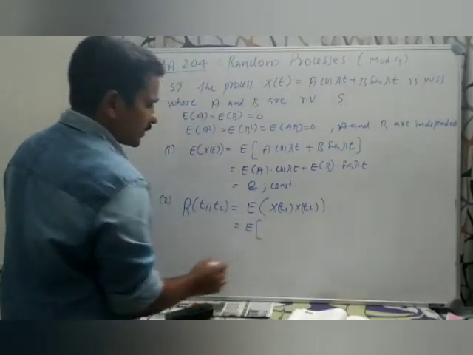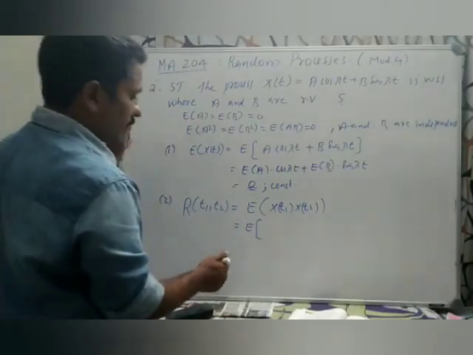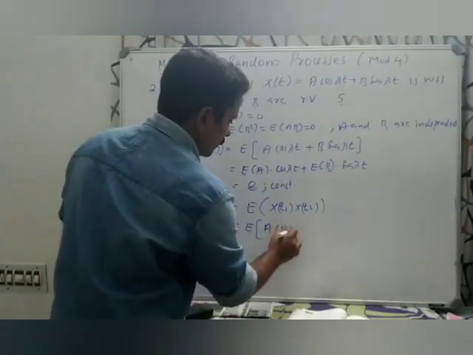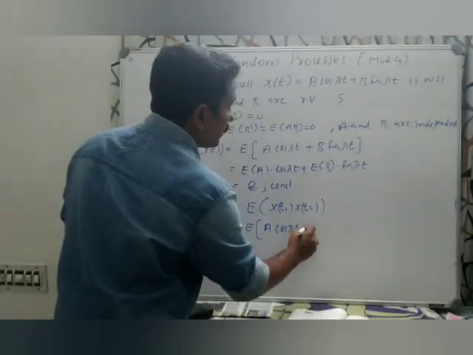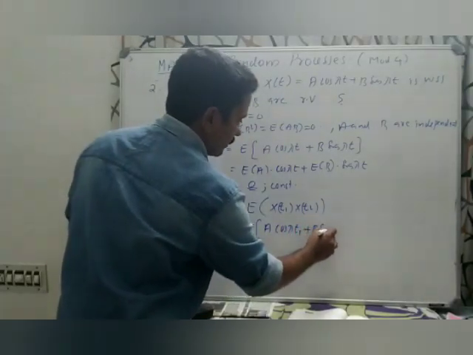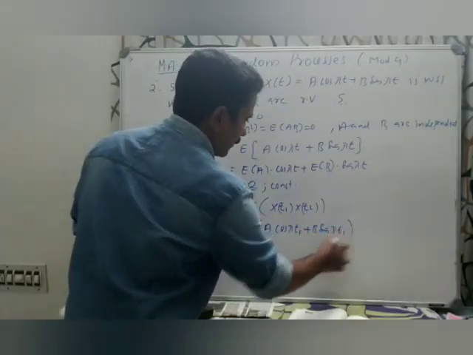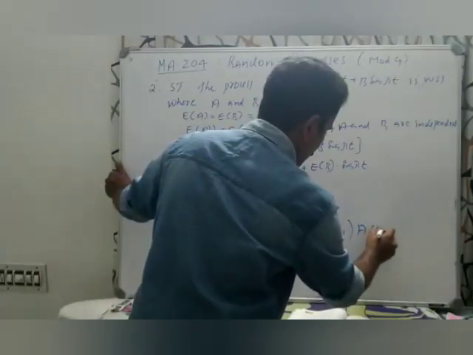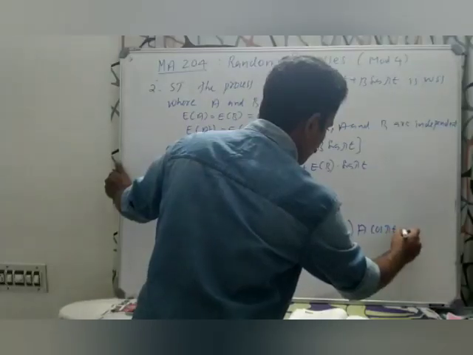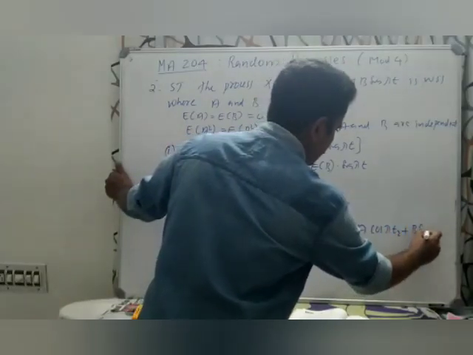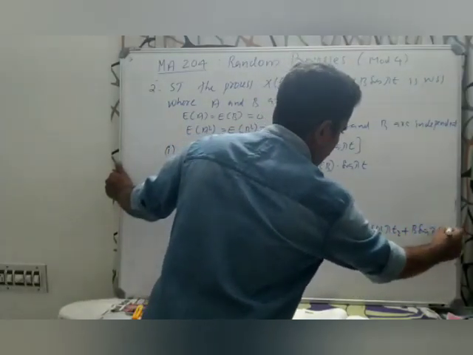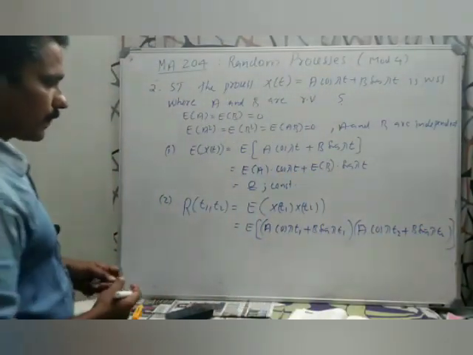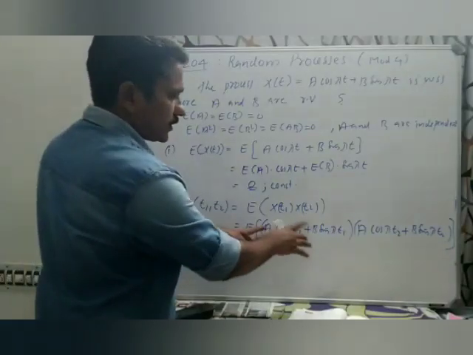So it is expectation of, substitute x of t1, a cos lambda t1 plus b sin lambda t1 times a cos lambda t2 plus b sin lambda t2. Now you multiply all these